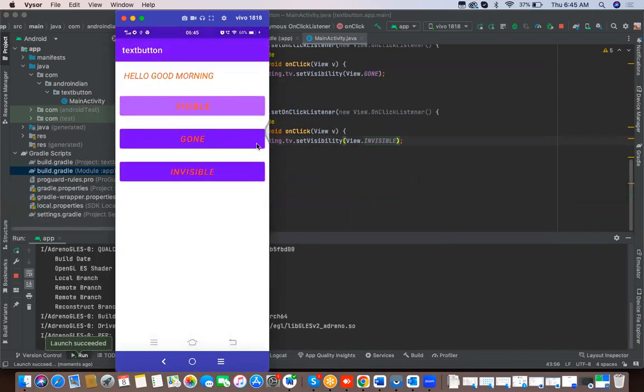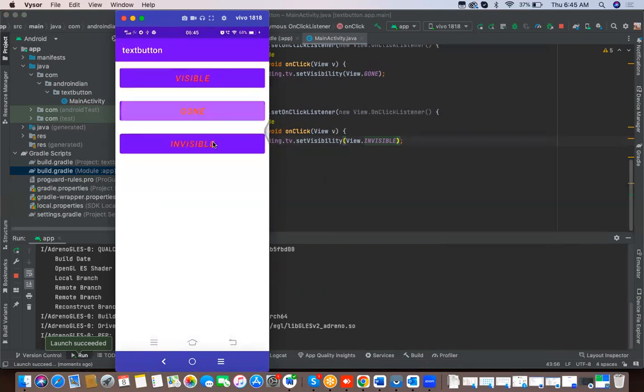First visible. So then I'm clicking on invisible. Text as nothing has been shown. It is the same, but gone. So the space is also utilized. So this is three ways we will use, but this is a very, very important property because when I'm creating